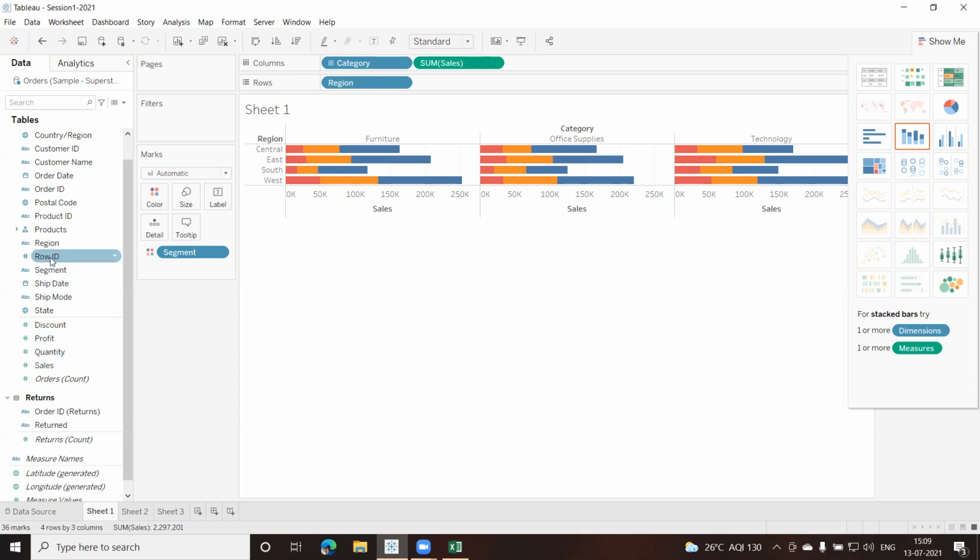Whereas in the case of your row ID, if I'm doing addition, if I want to know how many rows I have, I can simply go to this Orders Count and get the total number of records I have. Okay, it is a generated field. But on this field, I cannot perform any calculations. So Tableau understands that very much. Even though it is a numerical value, it is not a continuous value.